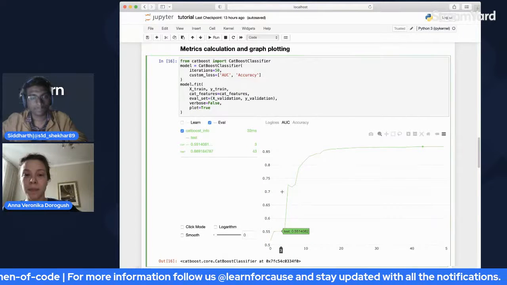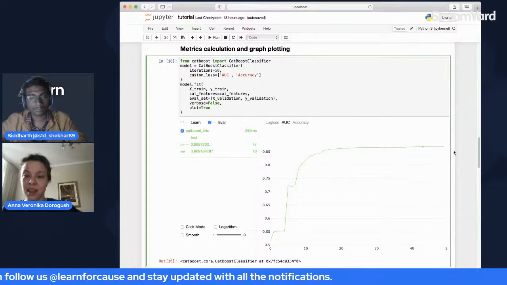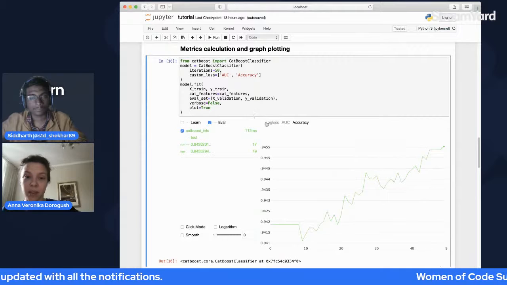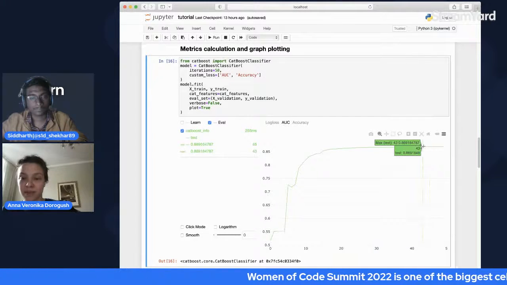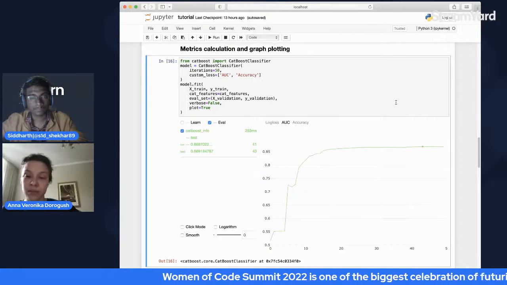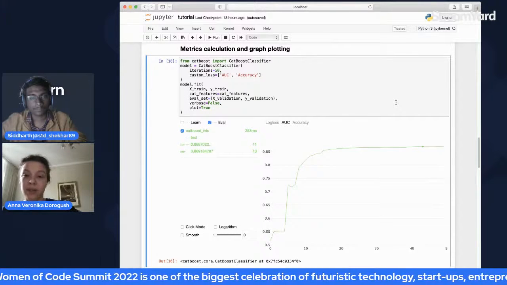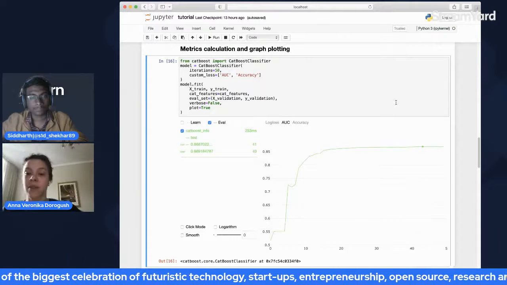What else? There is a dot here. And the dot on every metric. On every metric, there is a dot. What is this dot? That is the iteration or the number of trees where you got your very best metric value.